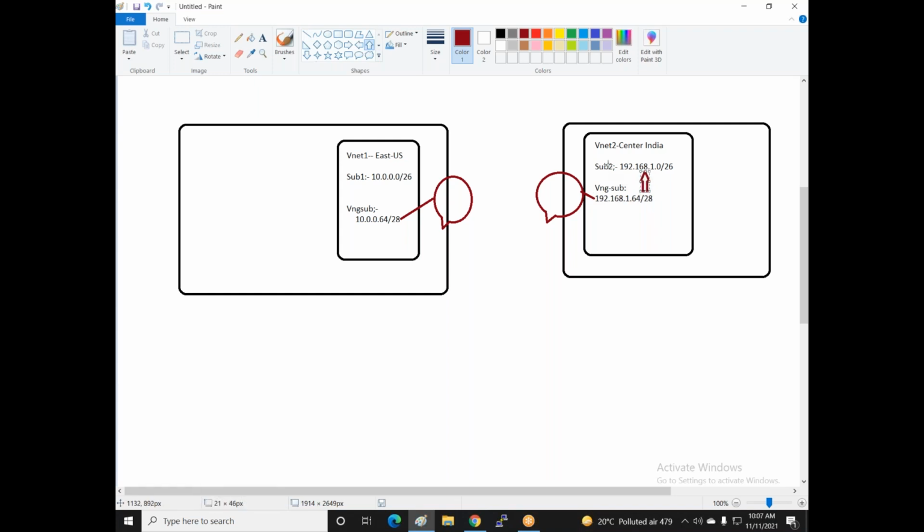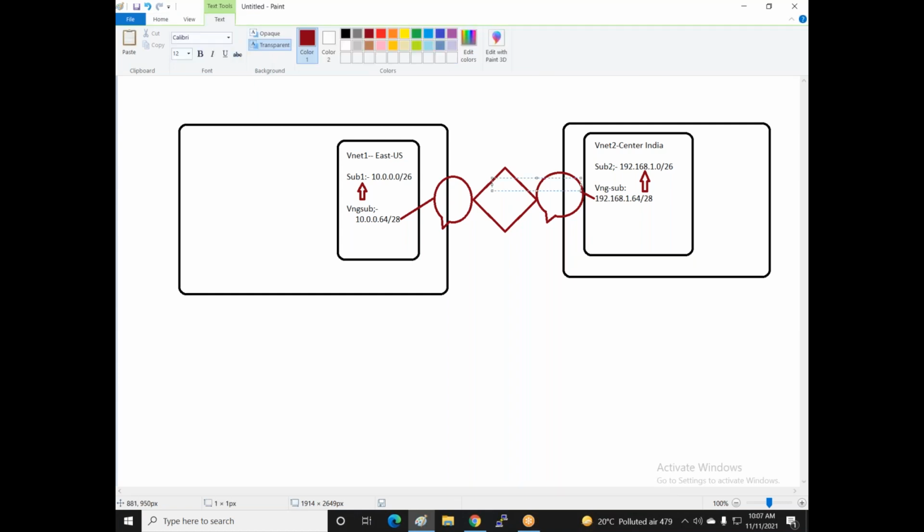So now subnet 2 communicates with subnet 1. Between these VNGs, I enable the VNet pairing. So after enabling the VNet pairing, the different regions communicate with each other.